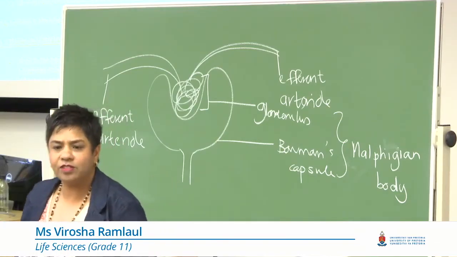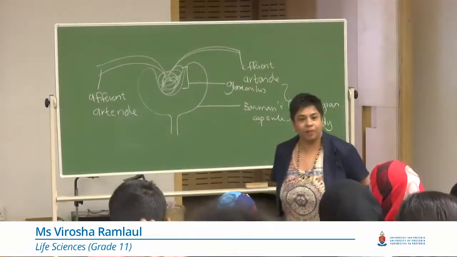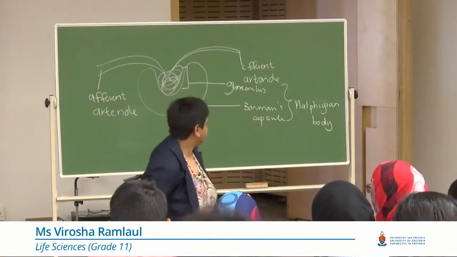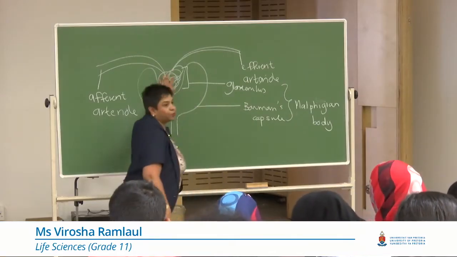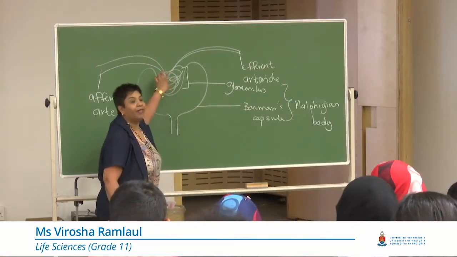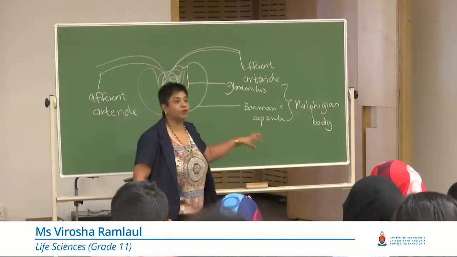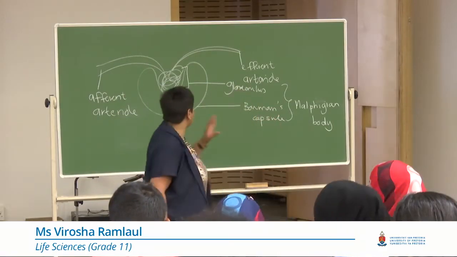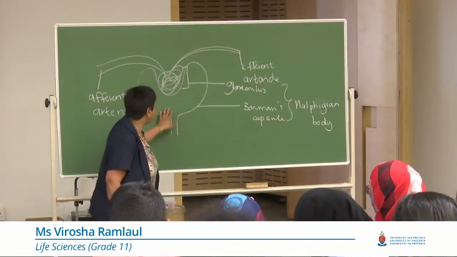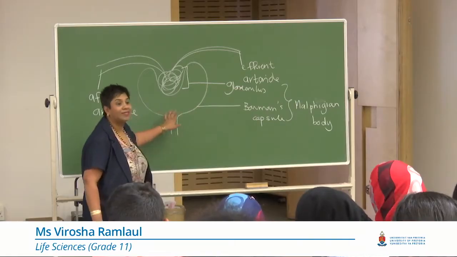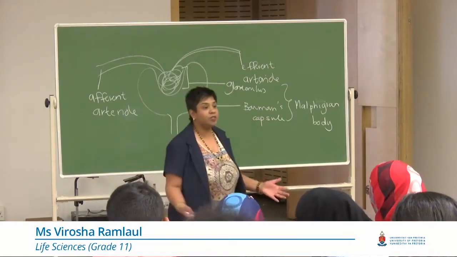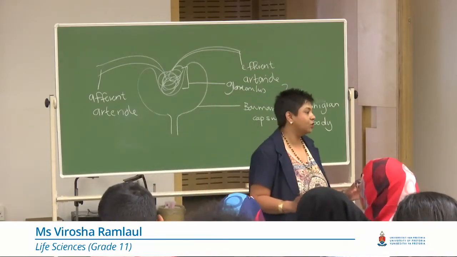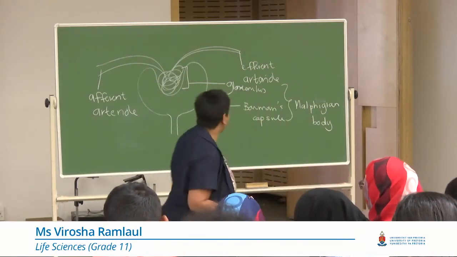Now, the afferent arteriole is wider in diameter compared to the efferent arteriole. Can anybody give me a reason why? Yes? Increase the pressure. So because of that, there's a pressure that builds up here, and that pressure is responsible for filtering the substances. So only the small substances will be allowed to enter the Bowman's capsule. The larger substances will not be allowed to enter, because they are very special